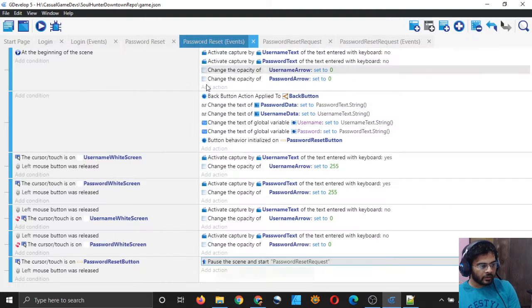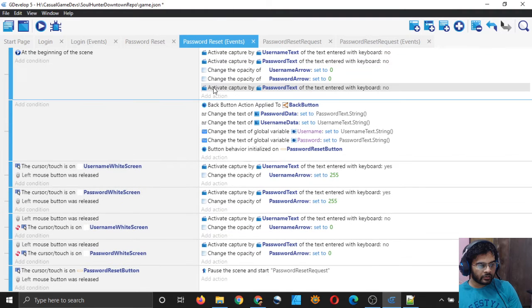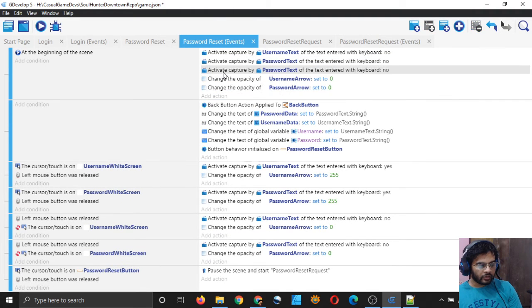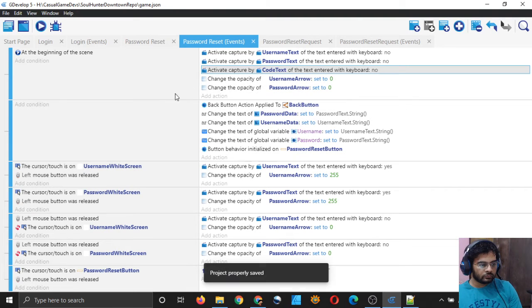I will go to my password reset events and I have the codes for username and password all over the place. I will simply have to write one more for the code, for entering the code. So I will simply click here and right click and copy and paste here and drag it over there so that it's all together, and I will simply write here code text, right?